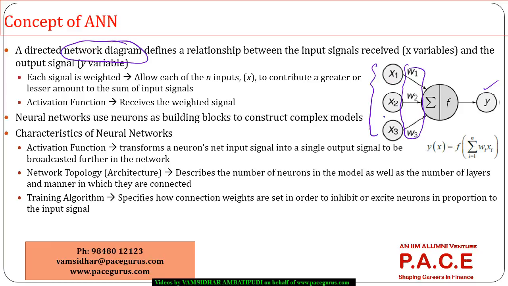So if I have three different inputs, three different weights are assigned to them. Some of them will contribute more to the overall information, some will contribute less. There is a mechanism which the system will use to determine w1, w2, w3, but for now just understand that there are different weights associated with different inputs. So at this stage, the information that comes out is w1x1, w2x2, w3x3. Now this particular signal that is coming